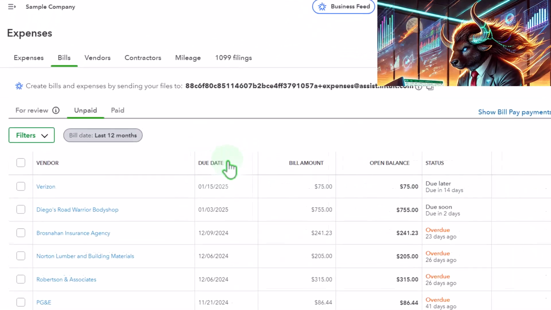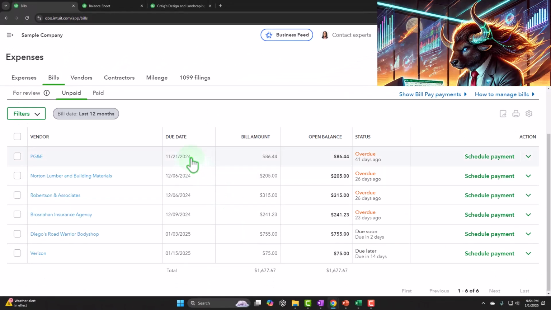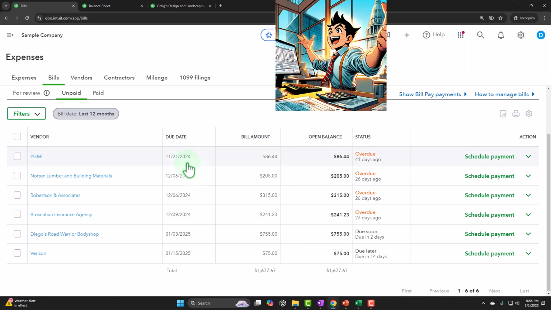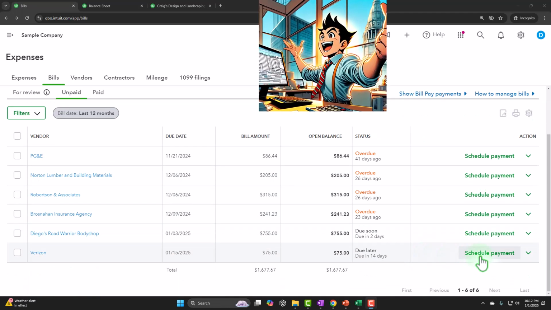But typically you would think that we'd want to sort it by due date and have the ones up top be the oldest ones that are due. Not the oldest in terms of when we entered them, but in terms of the due date, when they're going to be due. On the right-hand side, we have the schedule a payment,